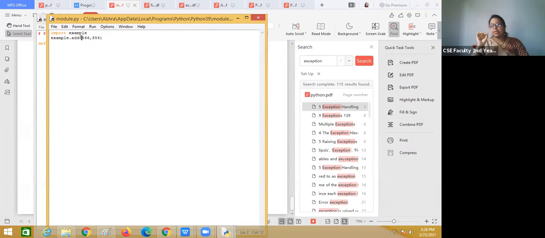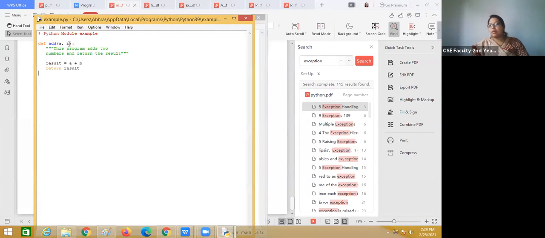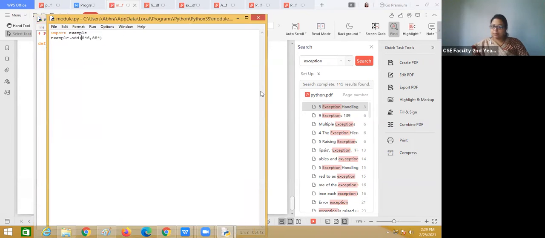If you pass three arguments, it will not be accepted, because here only A and B are defined. If you want to send other arguments, in that case you have to write A, B, comma C, and then three arguments can be accepted.